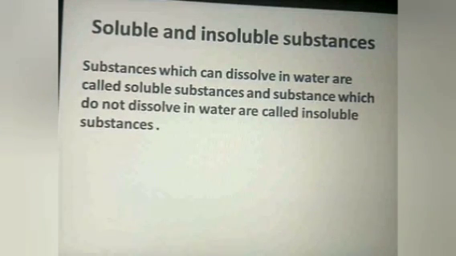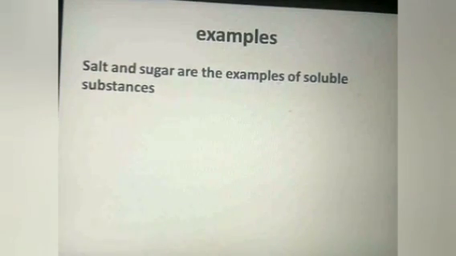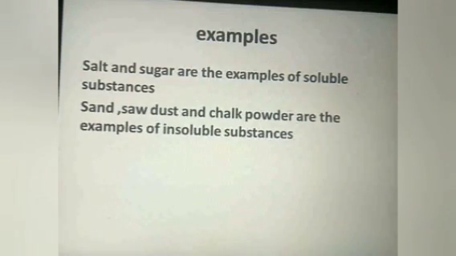Substances which can dissolve in water are called soluble substances, and substances which do not dissolve in water are called insoluble substances. Examples: salt and sugar are examples of soluble substances. Sand, sawdust and chalk powder are examples of insoluble substances.